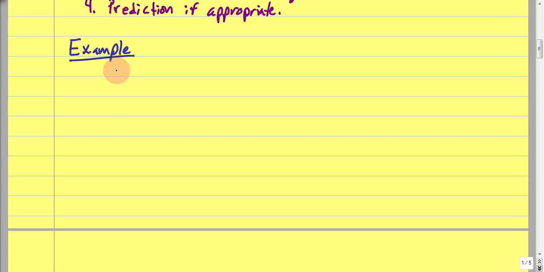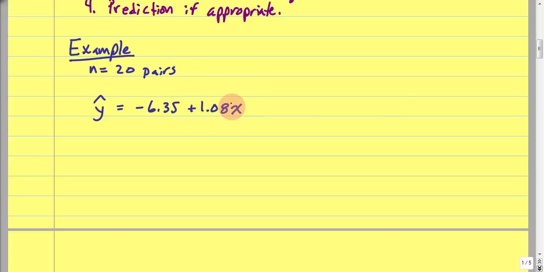And so we have two random variables. We have IQ scores for husbands and IQ scores for wives, and they're related. And so we have n equal 20 pairs. So we have 20 pairs of data that relate a husband's IQ score and a wife's IQ score. And what they tell us is that after crunching the data, we are given the prediction line of y hat equals negative 6.35 plus